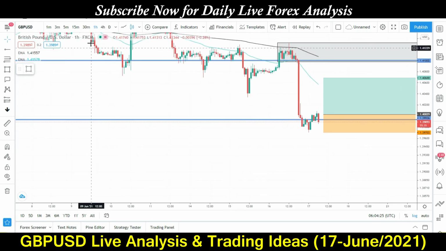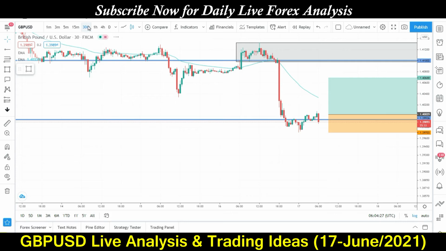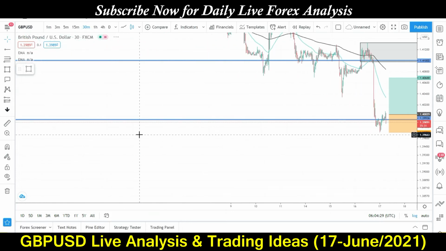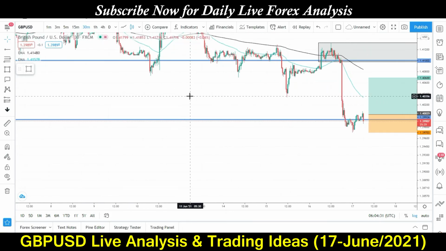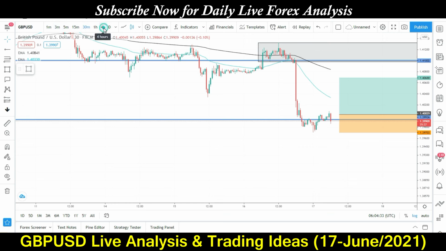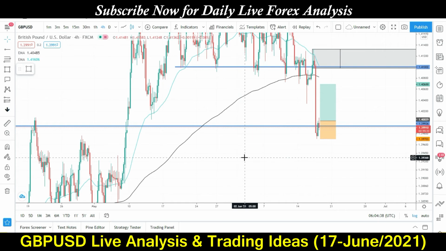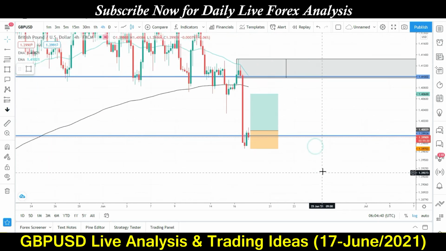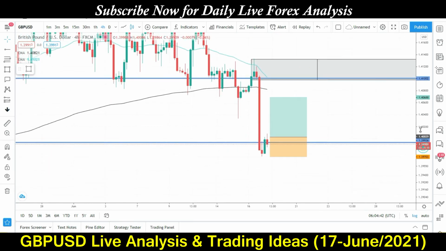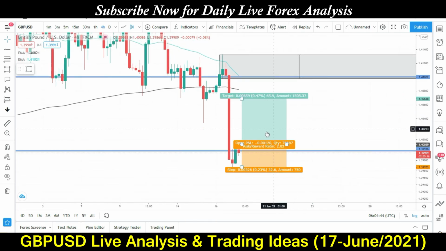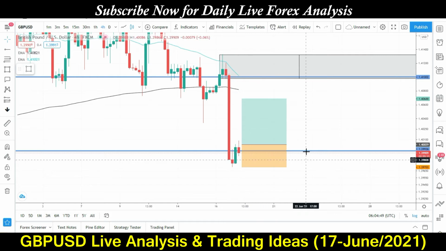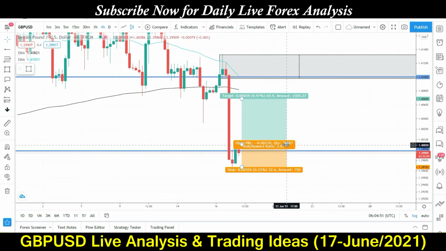Yeah, fine. Now we'll move on to the M30 time frame. So basically this will be a nice trade. I hope the market will come up to retest this level. So if this candle starts breaking this previous low, then I will open a buy trade and my SL will be below this level and TP will be 1-2 risk reward.